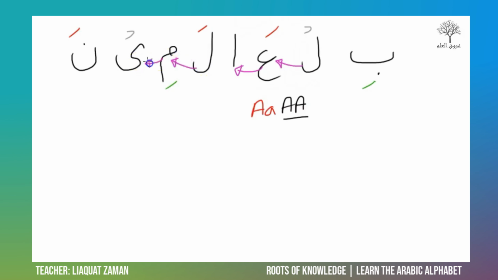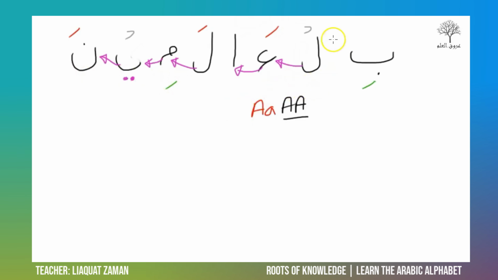The ma is joined with the ya, so mi, sukun, na. Bil, la, mi, na. Now, this word is actually written with a silent alif,